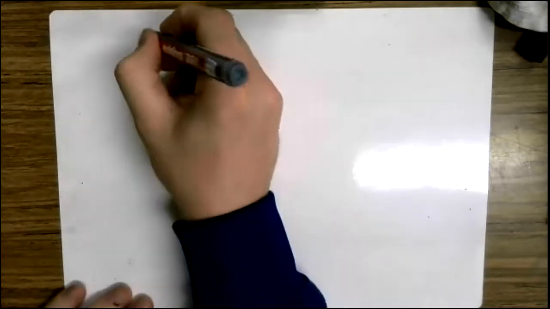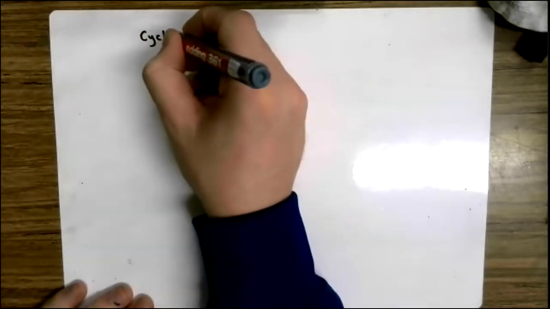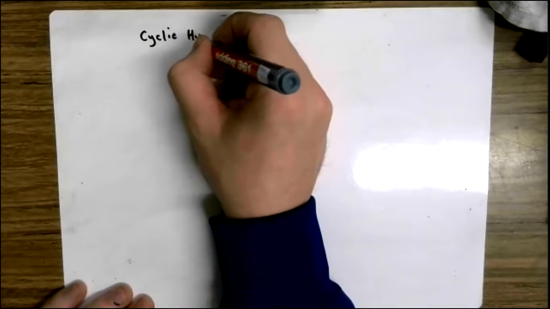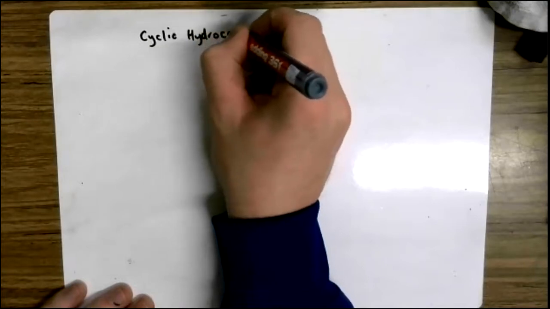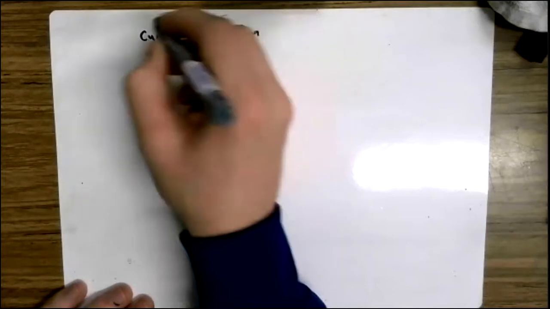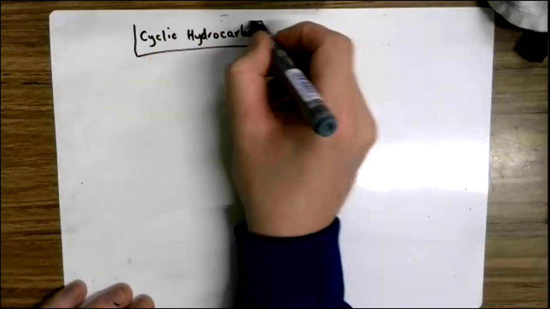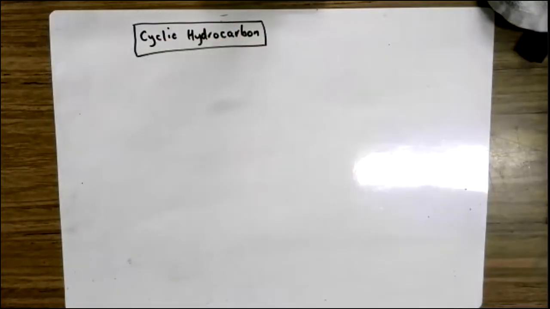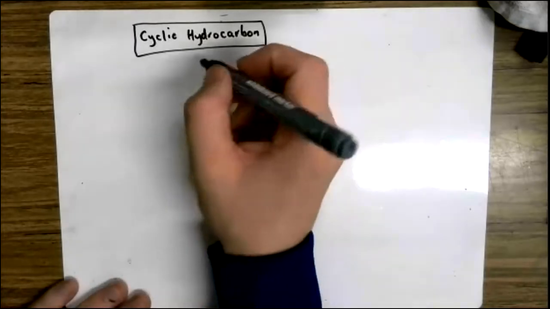It's got to do with round or wheel. So cyclic hydrocarbons are ones with, if you like to think of it, a wheel, or they have a cycle in them, they're round. When a hydrocarbon's longest chain of carbons forms a closed ring, we say we have a cyclic